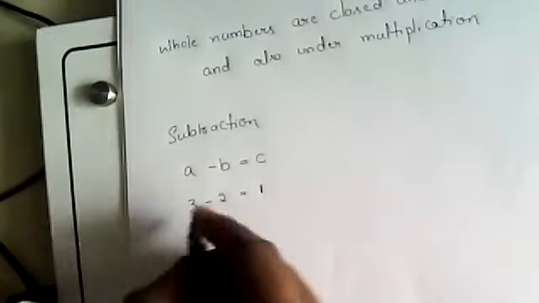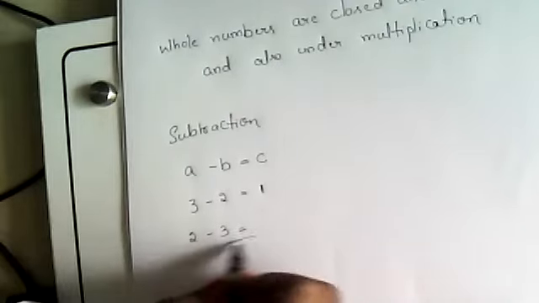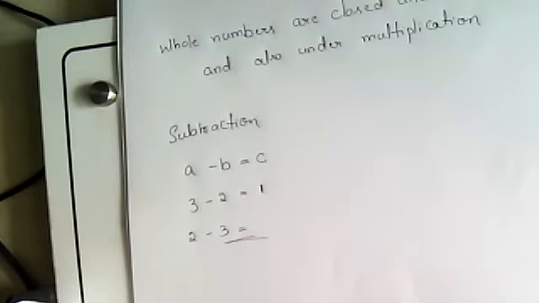But what about if we subtract like this, 2 minus 3 equals? You have 2 chocolates. Can you give 3 to others? You have 2 chocolates, and you want to give to 3 members. Is it possible? For your friend, you have to give 3 chocolates. Is it possible? No, right? So always it doesn't hold good, closure property under subtraction. Closure property does not apply for subtraction. It holds good only for addition and multiplication.